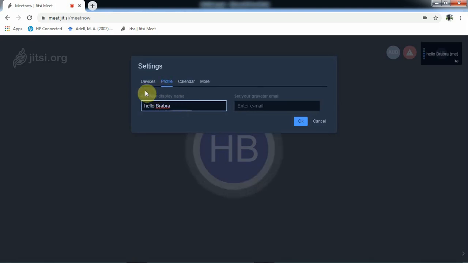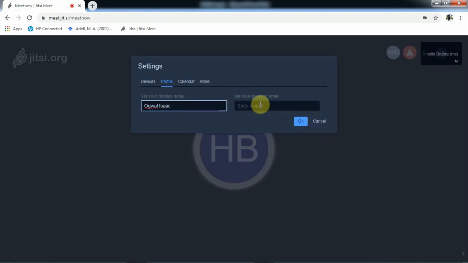You can decide to set the display name you want. So for instance, I'm going to delete that information. Now if I want that when I get connected to a meeting room, my name is displayed for other people, what I do, I'll come to these settings, then we go to profile. Under profile, we put our name where we see set your display name. So my display name will be Ogwal Isaac. When you're done with setting your display name, you just go and click OK.